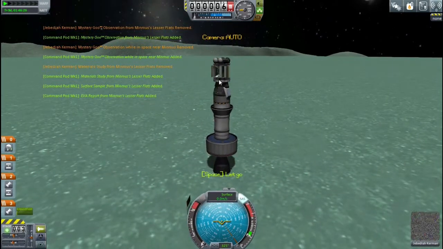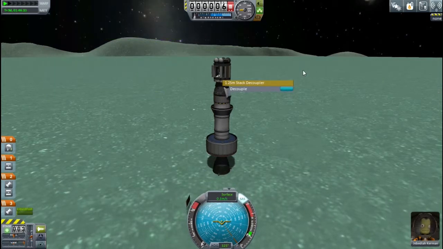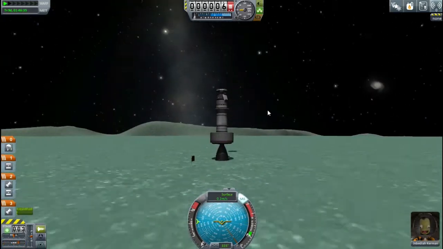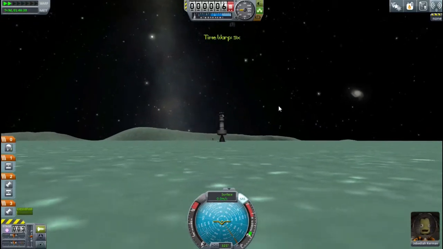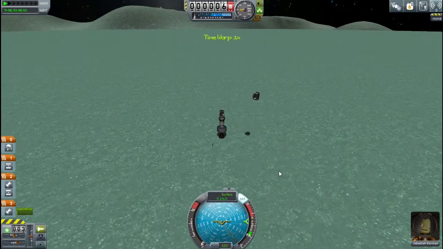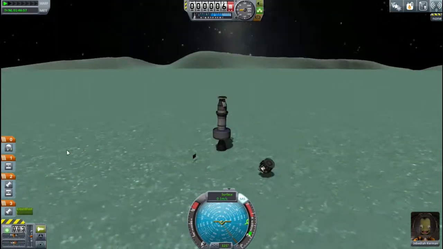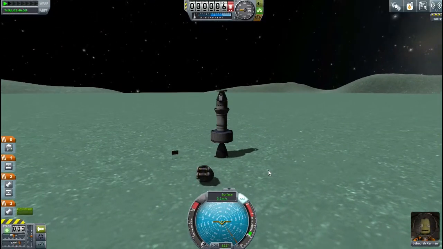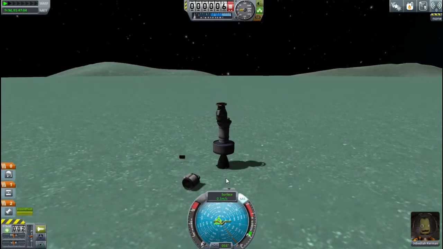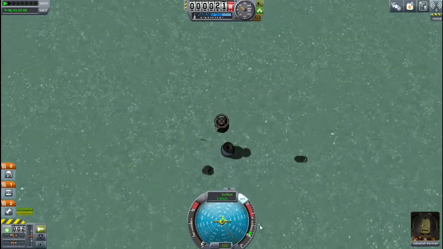I'm going to pop this stack decoupler. Well, actually, I'm going to tilt myself to an angle so it doesn't land on top of me. Pop it. I'm going to time warp and watch it crash into the surface. Crash, crash, crash. Oh. It landed quite gently. That was kind of disappointing. Well, I better get out of here. Oops. I just wasted a bit of fuel by leaving that there, but oh well, it's more evidence left behind